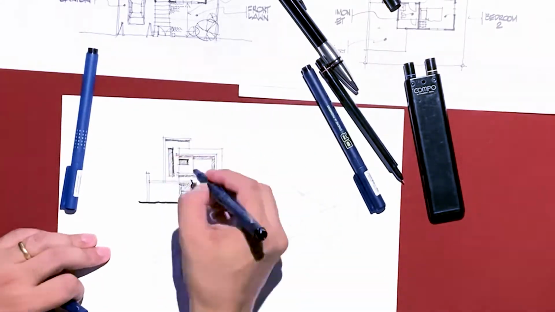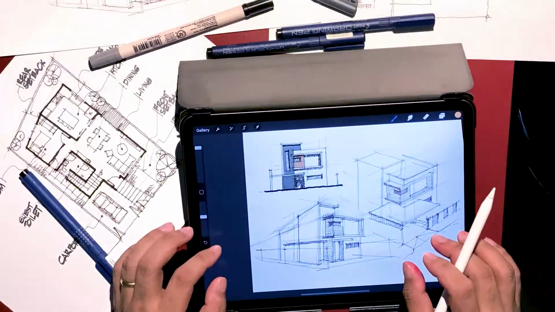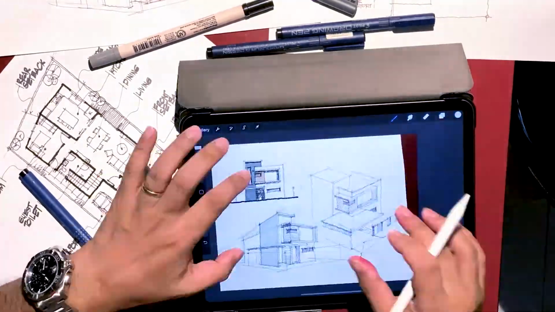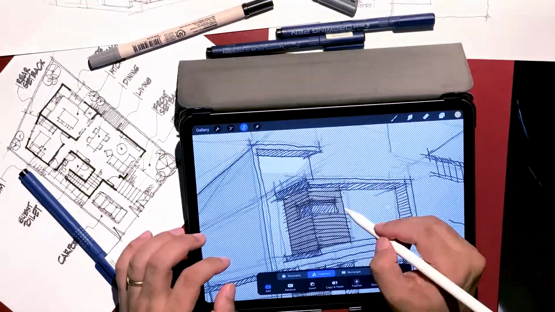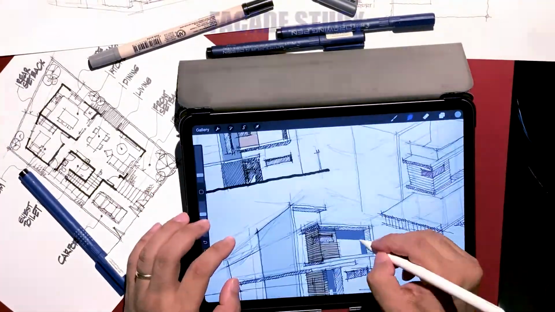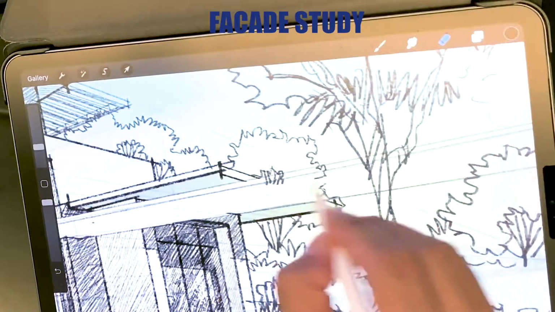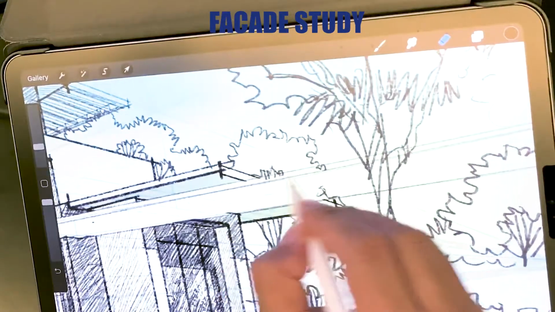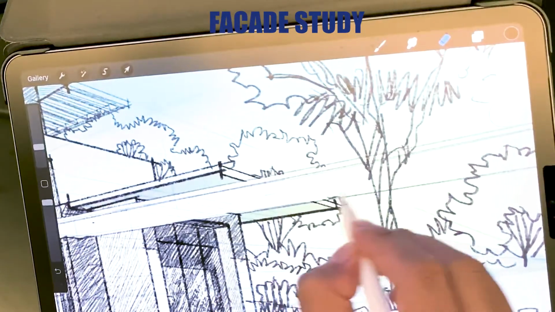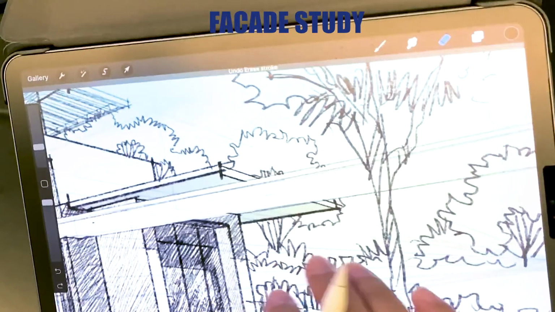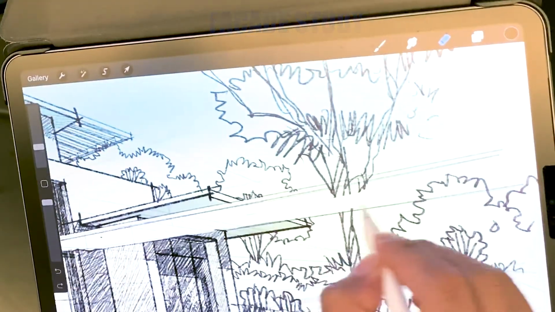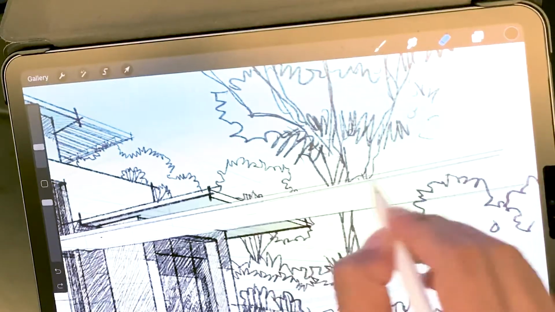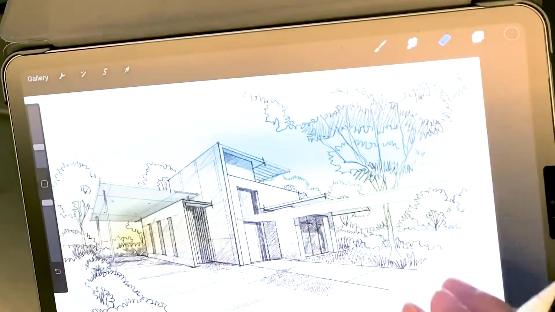With the elevations, I also do some studies on the external facade, from different angles, to actually see different aspects of the facade and the exterior aesthetics. With all this sketching done, you have now enough information to proceed to do the